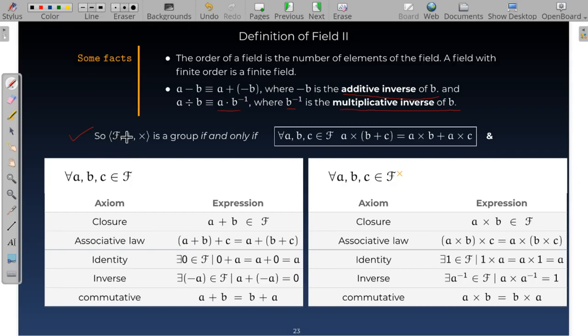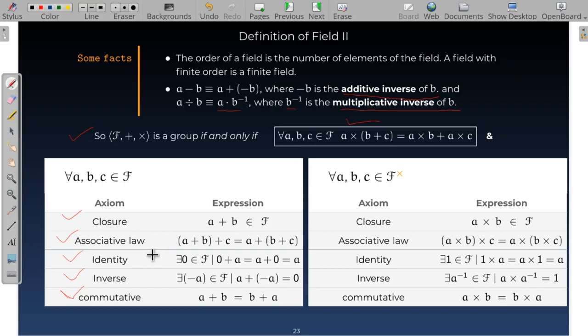This set F, with addition and multiplication, is a field if and only if multiplication is distributive over addition and all the elements of this field F satisfy 5 of these axioms. 4 of these axioms are already there for a group, and the next one is required for a field. So there must be closure, there must be the associative law, there must be identity,